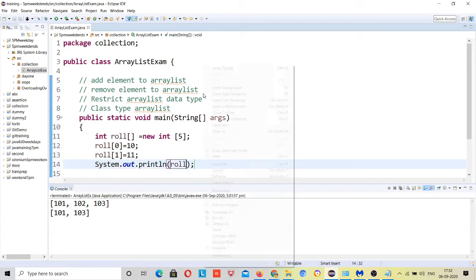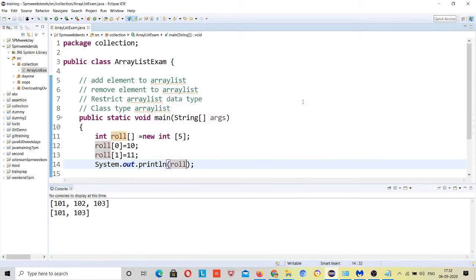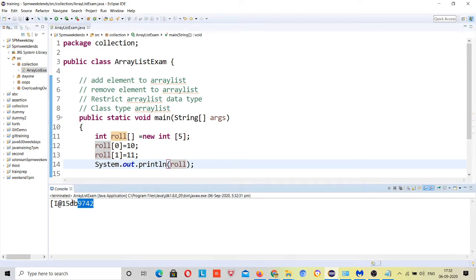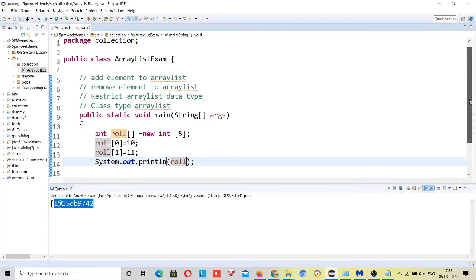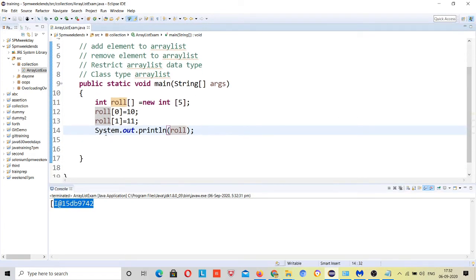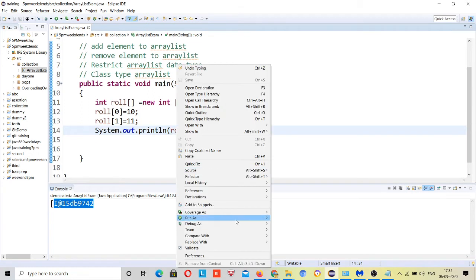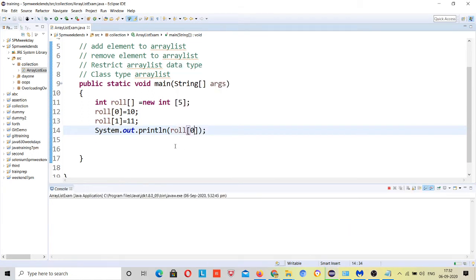You should not print directly like this, here you need to pass the index and this will print your data. But there is a drawback with it.